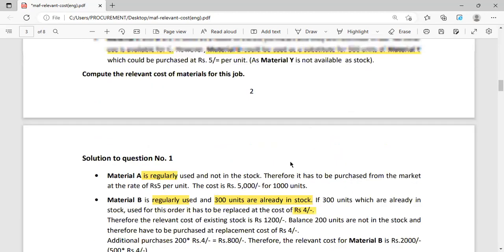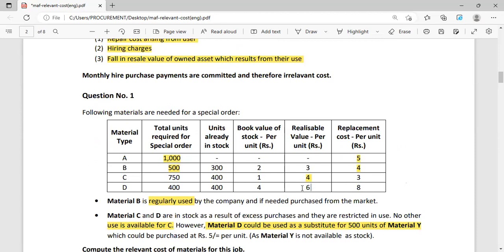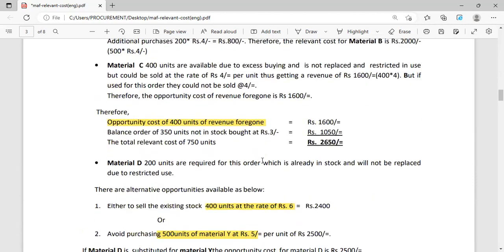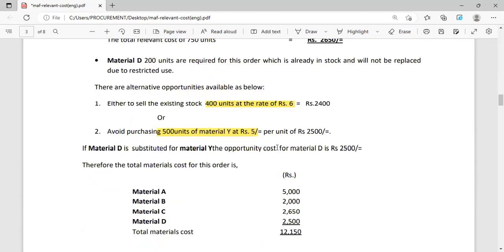So let's go back there and see. If they want to sell it now, they will sell it for 6 naira. That's the resale value, which is 6 naira. But they have another option with regard to material Y, and that would be 5 naira. So looking at this question, the total opportunity cost here, if material D is substituted for material Y, the opportunity cost for the material is